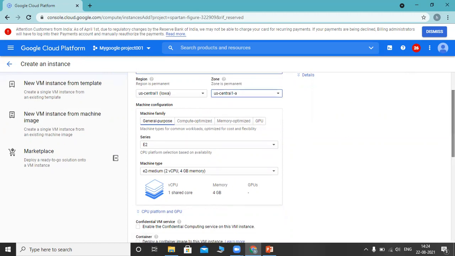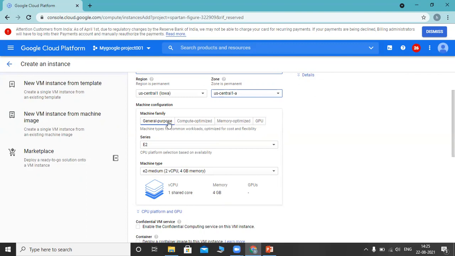And next, machine family. If you are using high-end games, you need a compute optimized computer. A high-end graphics card and processor are required to play high-end games. If your requirement is storage related, you need a storage optimized computer. If you are going with fast pace and memory based workloads, then you require a memory optimized computer.